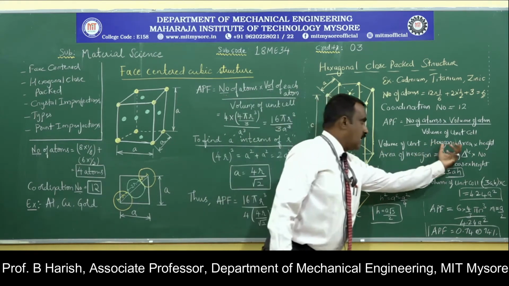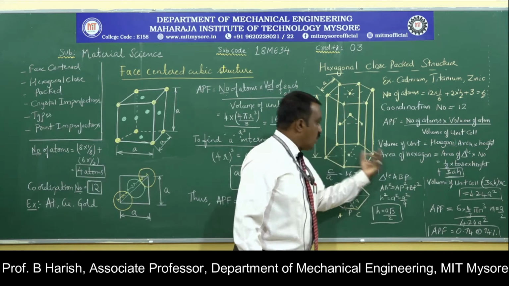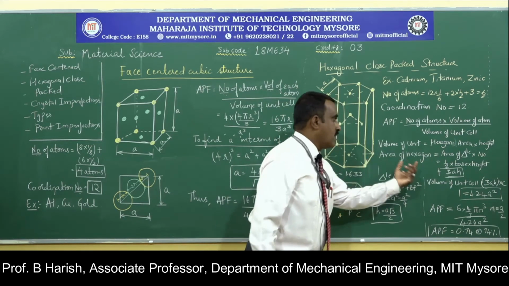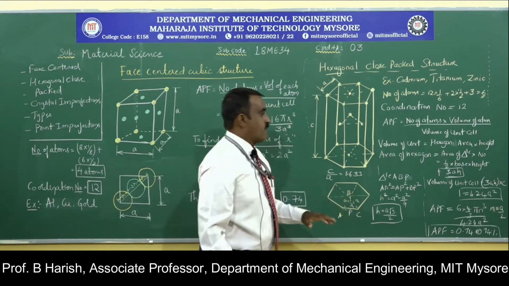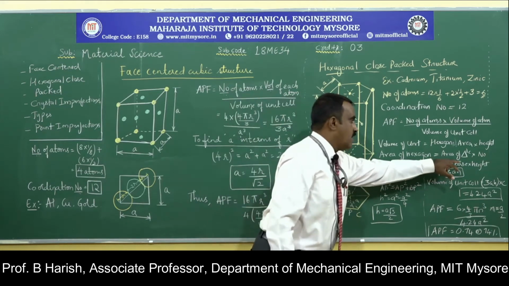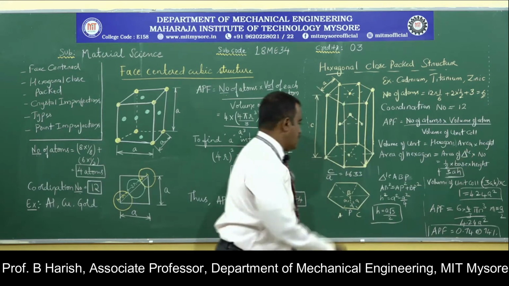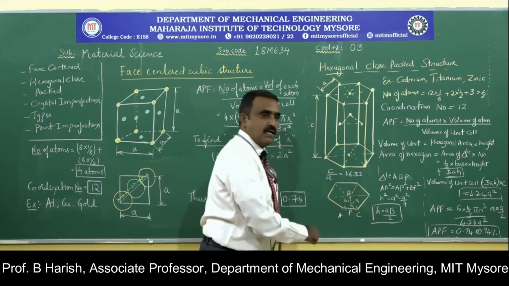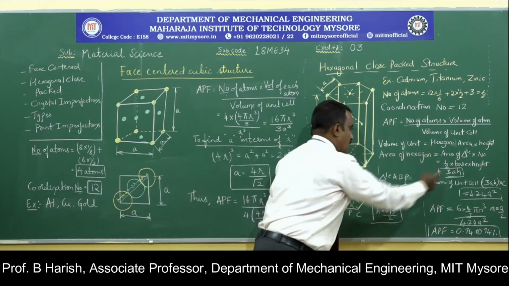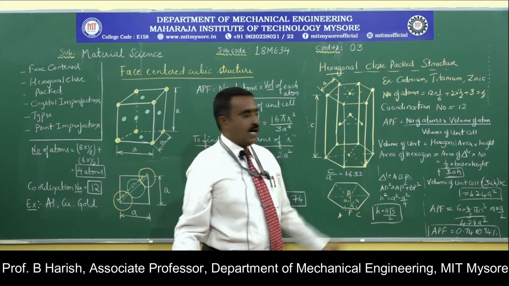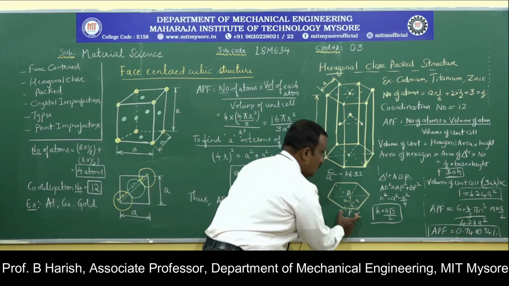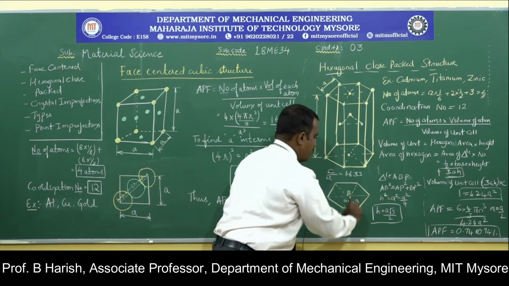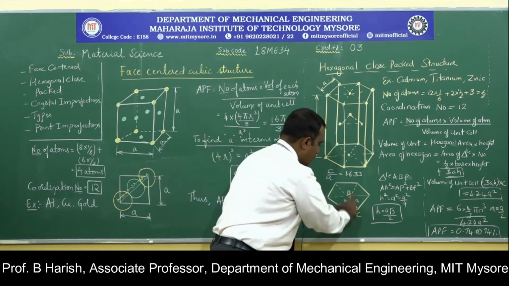So I have to get the hexagonal area. Further simplifying, the area of the hexagon, that is one hexagonal face, is equal to the area of the triangle into the number of triangles. Here you can see the 6 triangles are there. The area of one triangle, by the formula, is half into base into height, that is a into h. So half into base into h, where h is the height.